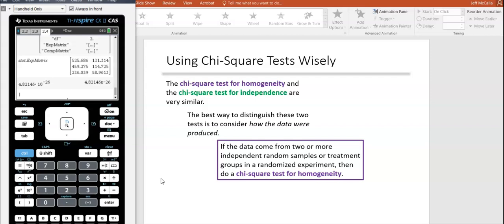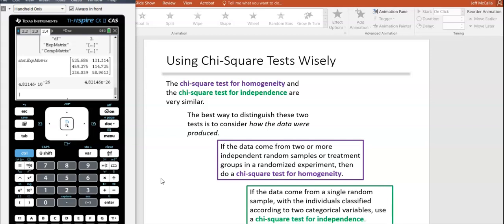If the data comes from two or more independent random samples, then it's going to be a test for sameness, or homogeneity. If the data comes from a single random sample where they're collecting data on two different categorical variables, that's going to be a chi-squared test for independence. Sometimes it's obvious in the way they ask the question, but